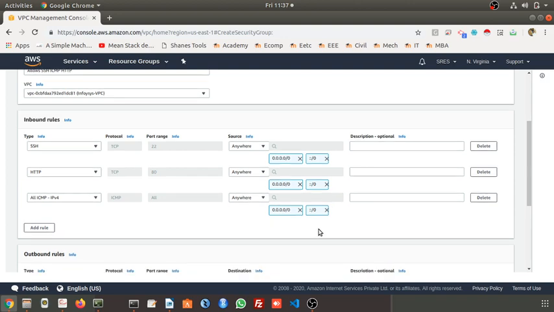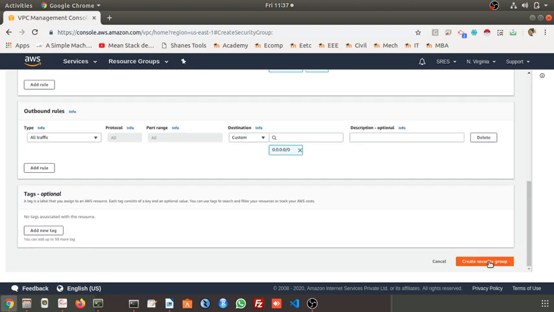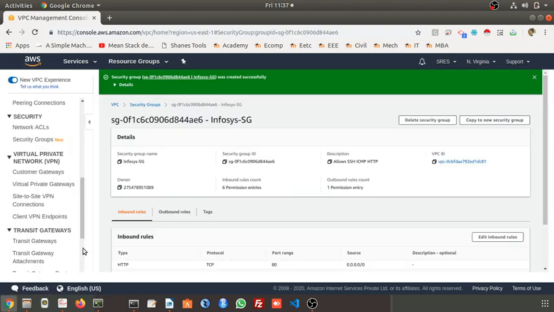ICMP is for the ping command, HTTP is for your web server, SSH is for secure shell connection. For remote connection, we can use it. Outbound rules, all traffic means from your network, you can allow all types of traffic, that may be SSH, HTTP, ICMP, whatever it is. Create security group. Security group also created.